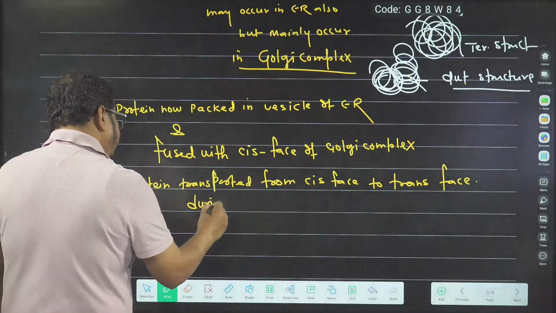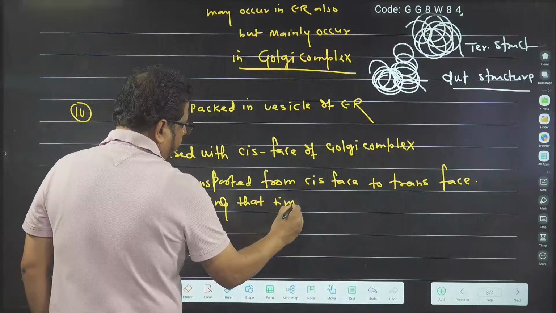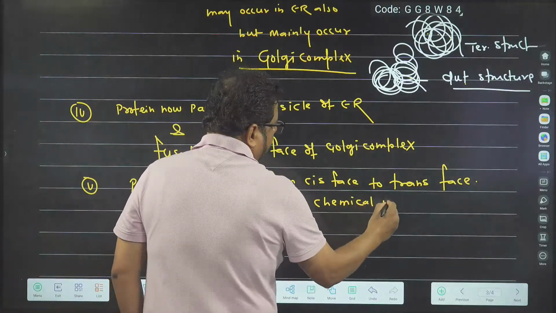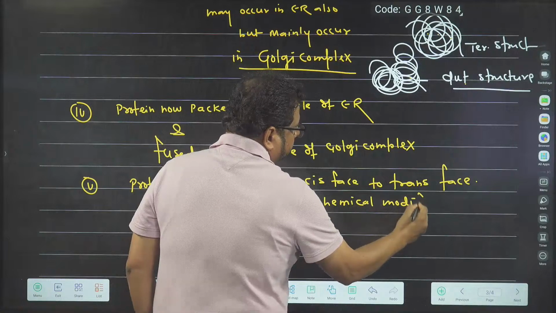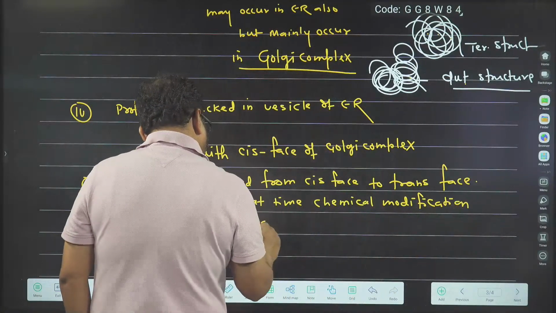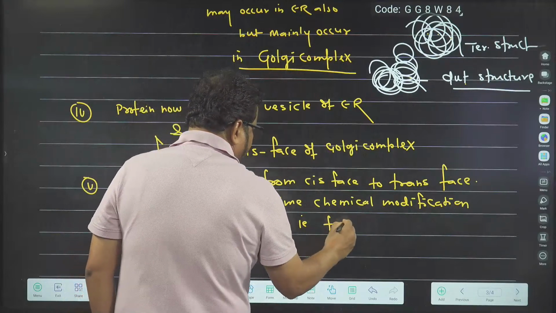During that time, chemical modification occurs. Chemical modification occurs. That is formation of